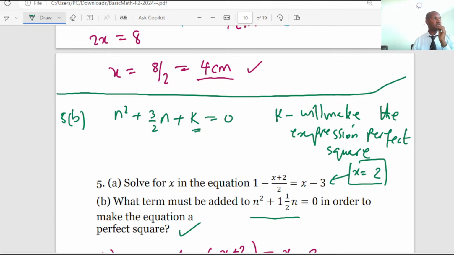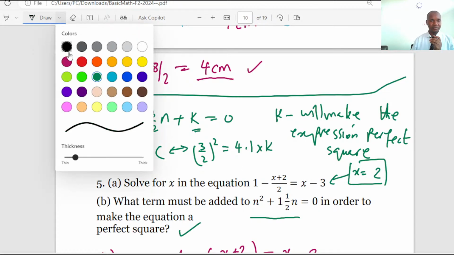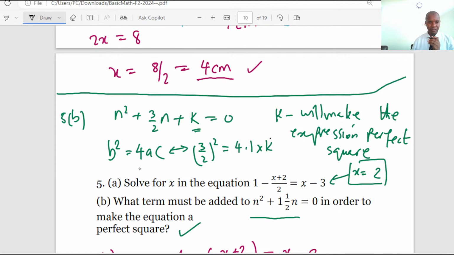So we know that for this expression to be a perfect square, we will be taking the formula b square equals 4ac. And so from here, b square is 3 over 2 square equals 4 times a, which is 1, times c, which is k, of course. So the value of k will be actually